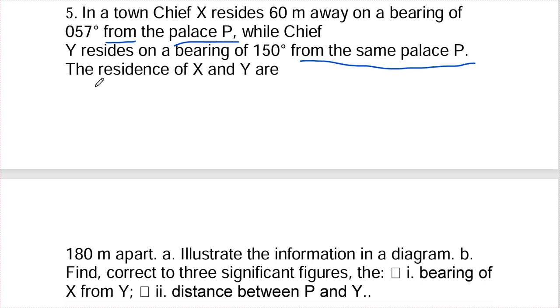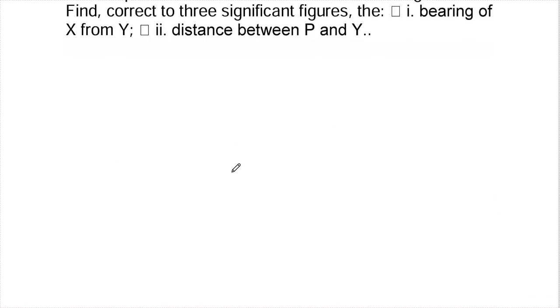Permit me, I didn't really arrange these questions. In a town, Chief X resides 60 meters away, on a bearing of 57 degrees from the palace P. So I'm going to draw the bearing from P. While Chief Y resides on a bearing of 150 degrees from the same palace P. The residents X and Y are 180 meters apart, and calculate